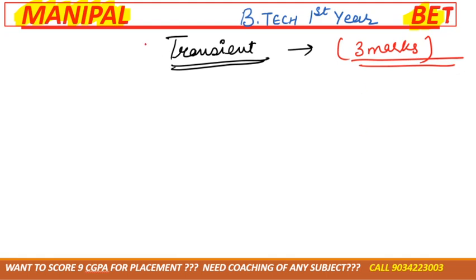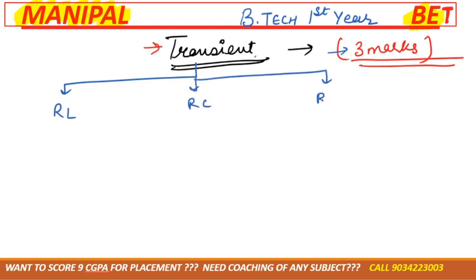Transient is very important. Only one question you will get, but that question is of 3 marks. You just need to remember the steps and the formulas, then you will be able to do it properly. So transient is basically divided into RL circuit, RC circuit and RLC circuit. In BT you will have only RL and RC, but in FEE you also have RLC. But the important one is RL